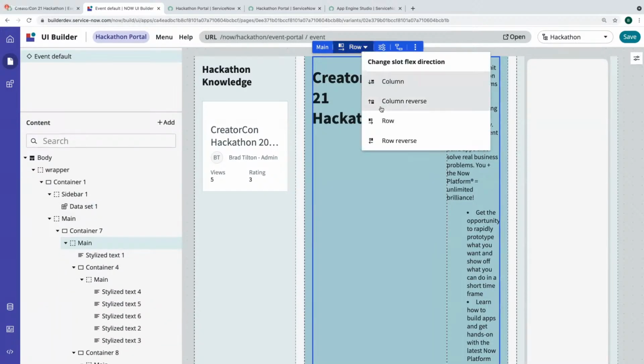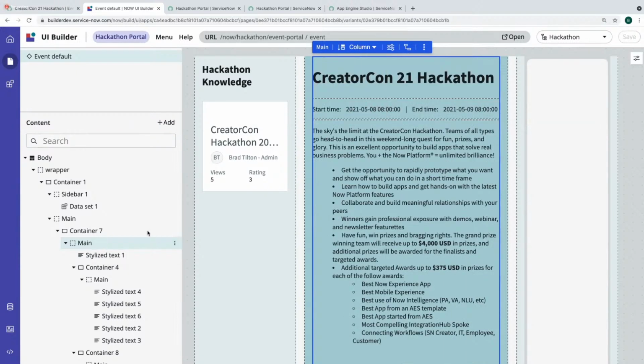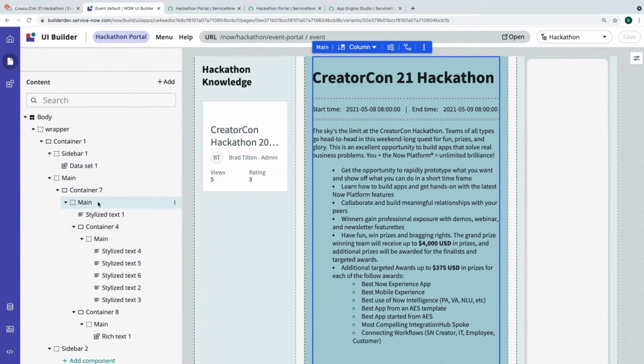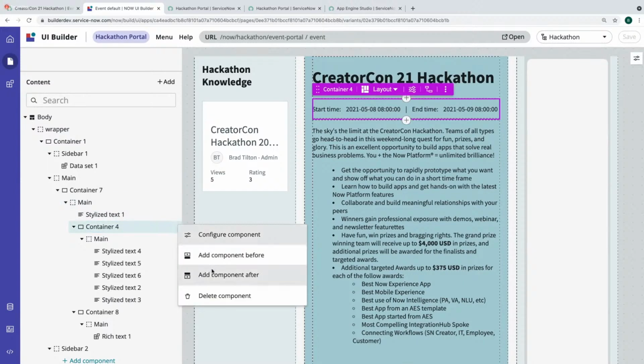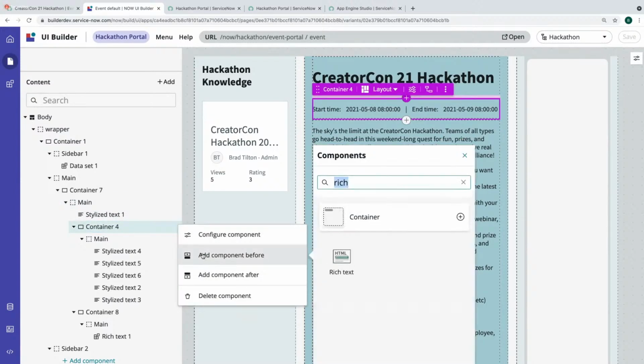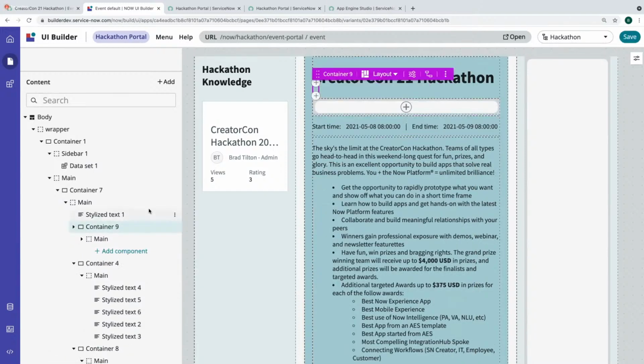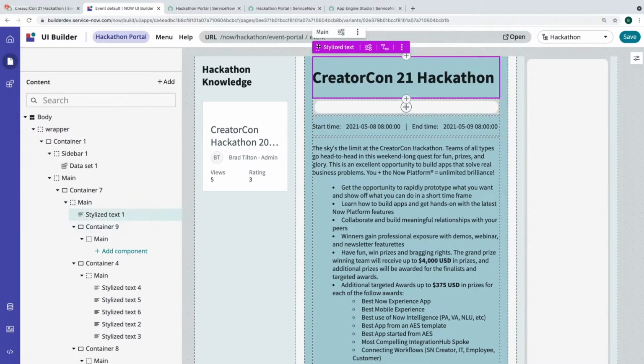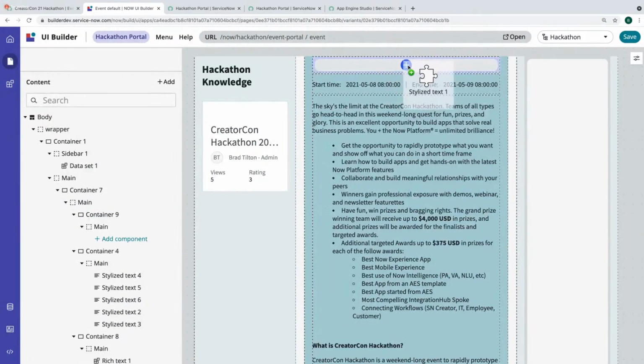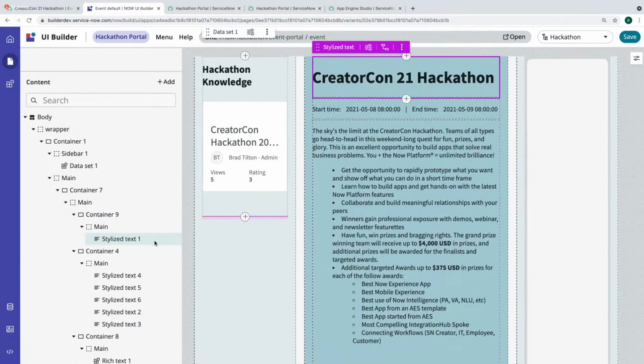Because let's change it back to a column. So what I actually want to do is add another container here, and then move that stylized text into the container. So let's add a container, and then I'm going to pull this into that container. There we go.